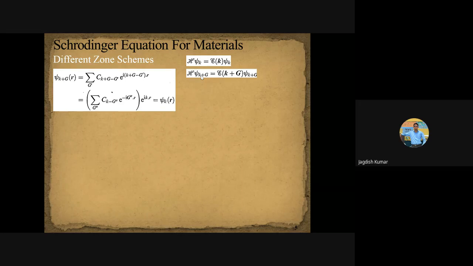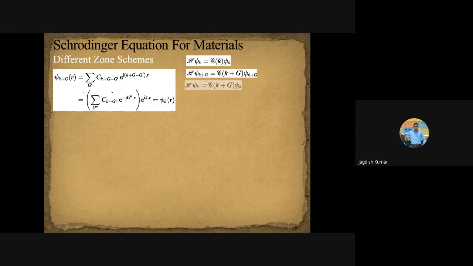Now, what is the G vector in the 1D case? The G vector for a one-dimensional reciprocal lattice is n into 2 pi by a. I hope you also remember that. What is the reciprocal lattice vector for the one-dimensional Brillouin zone? It is n into 2 pi by a. That will be clear in the next slide, so let us not get into that. Let us first discuss the mathematical part of this very important result.